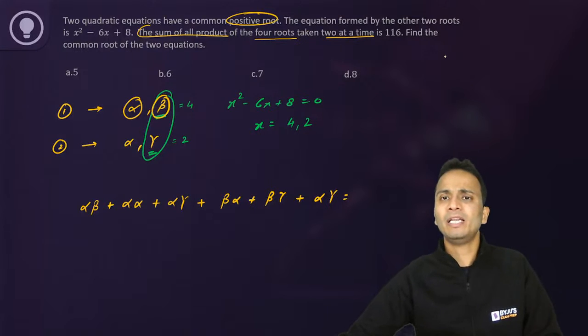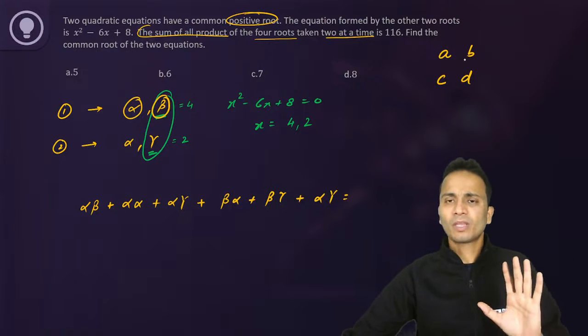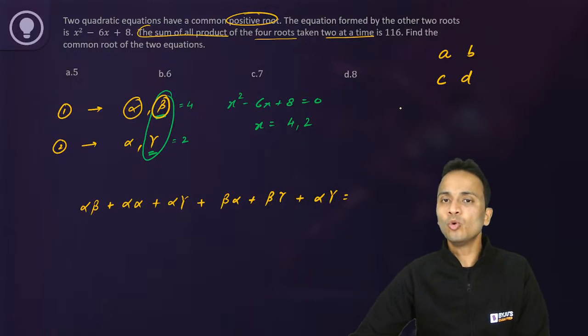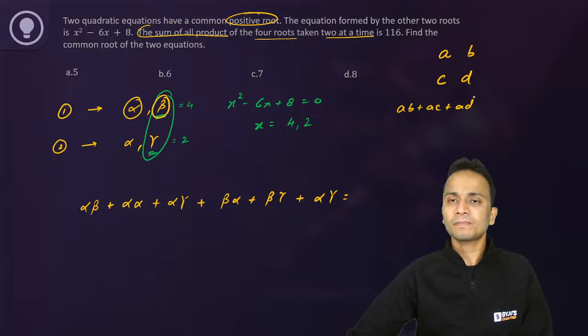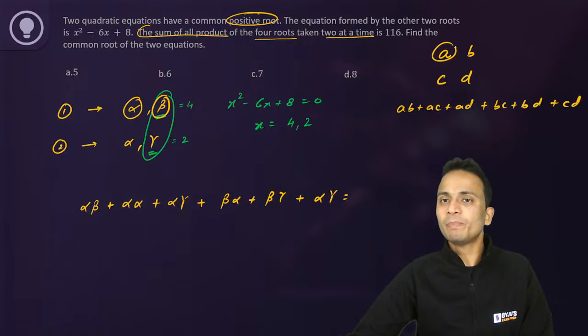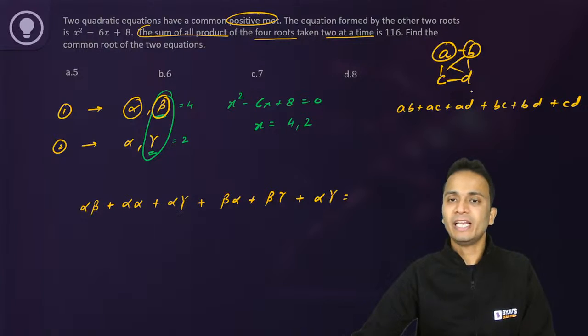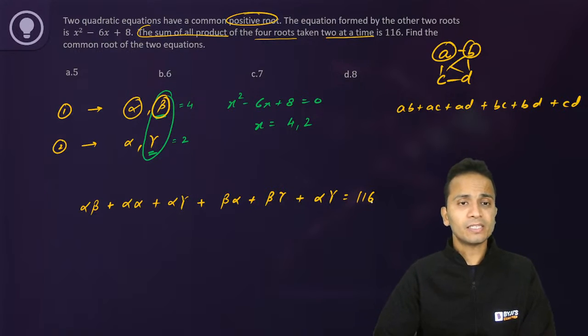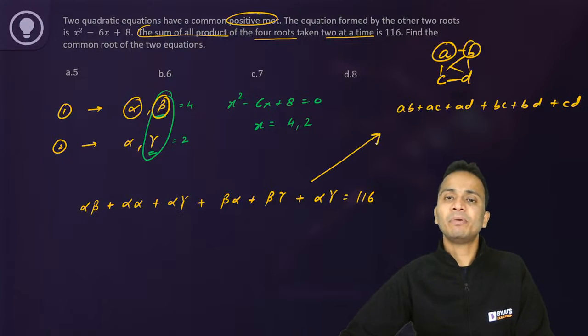So I'll give you another example. Let's say the roots are A, B, C and D. None of the roots is common. Okay, so sum of all the products of these four roots taken two roots at a time, simply it will be AB plus AC plus AD plus BC plus BD plus CD. So A को पहले सबके साथ ट्रीट करो, right? Then B को remaining के साथ ट्रीट करो and then C को remaining के साथ ट्रीट करो. Okay, so you will get 6 different terms and this value is given as 116. All right, fine. So I have given an example there.